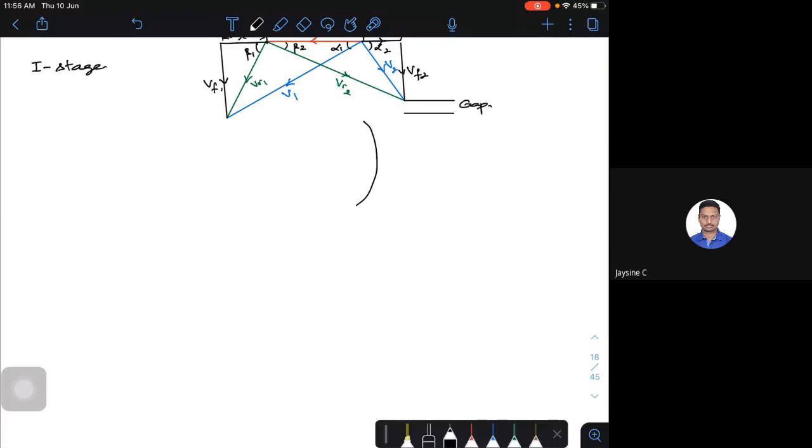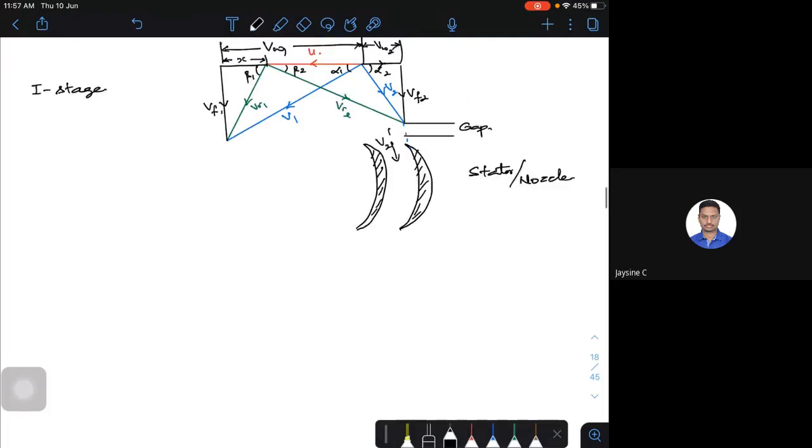So I do have a stator like this. This is my stator. I do have a stator or a nozzle. The fluid which is coming out here will enter the stator at some velocity. Say if it is V2, this won't be equal to V2, this will be V2 dash.